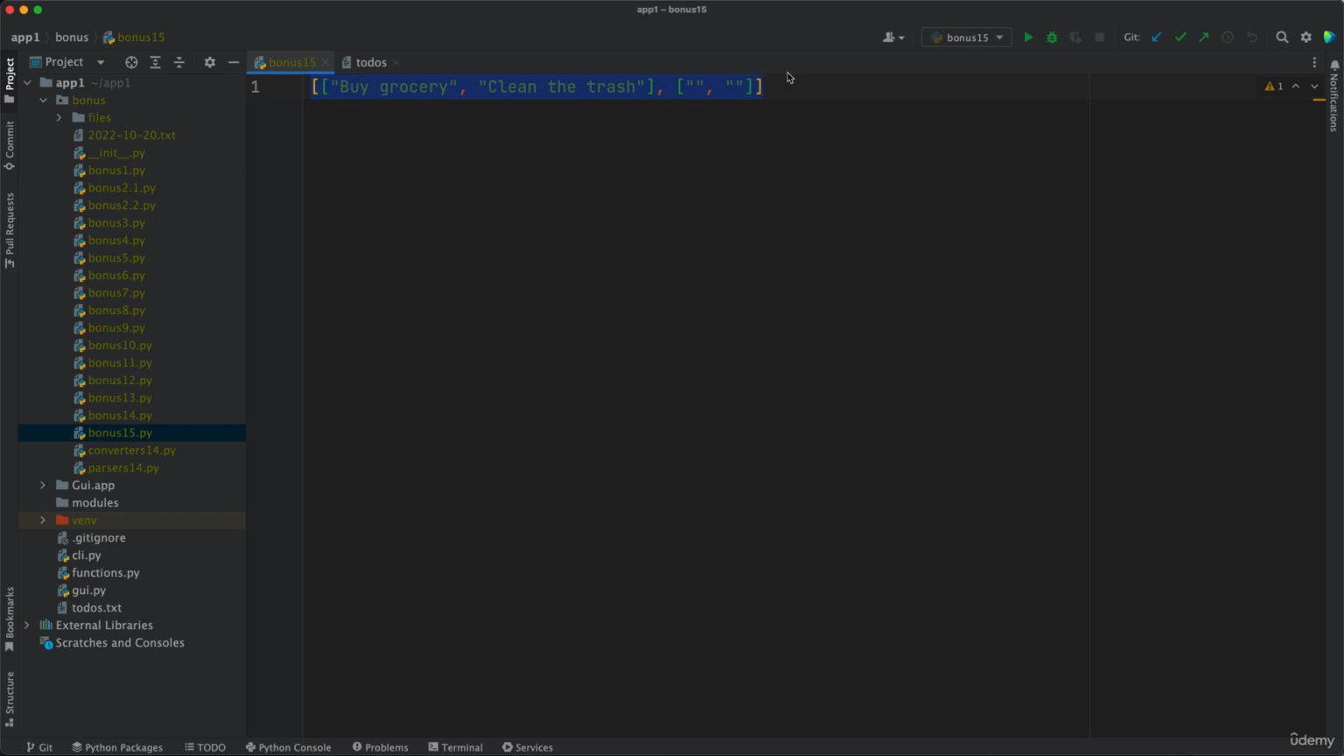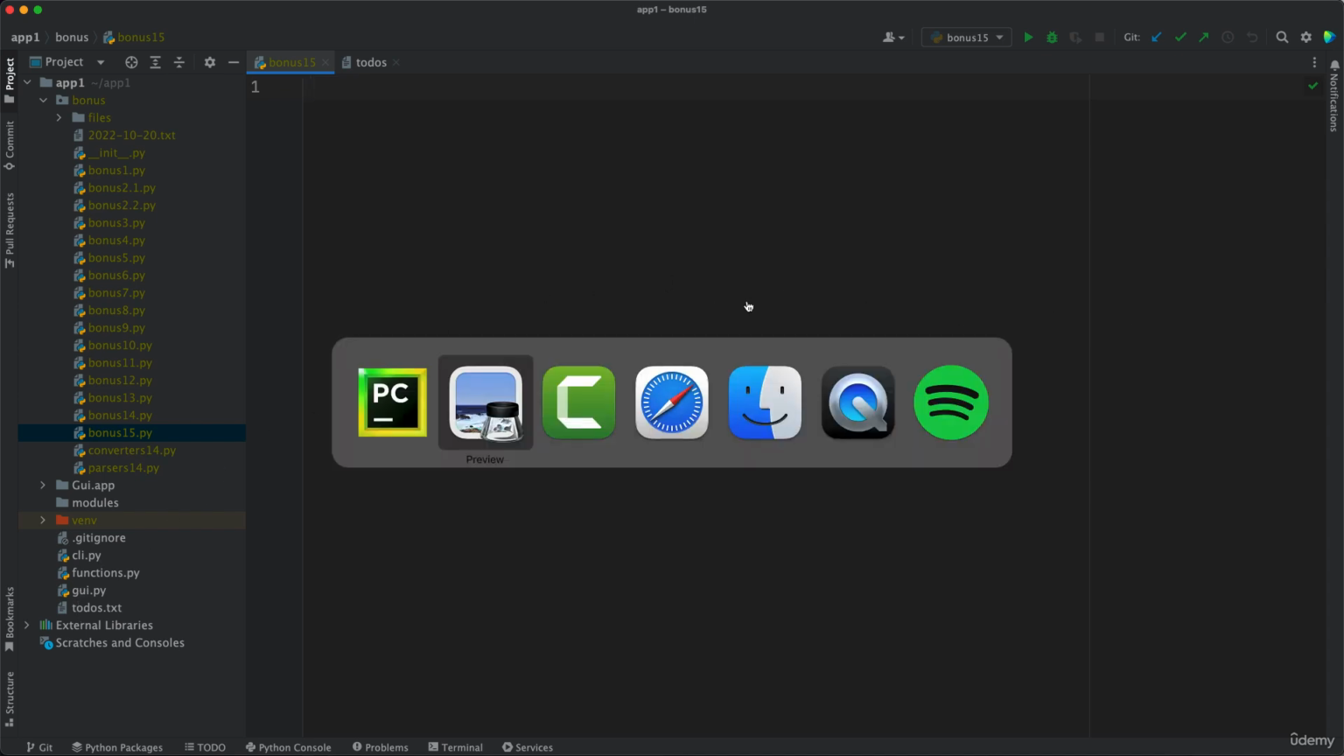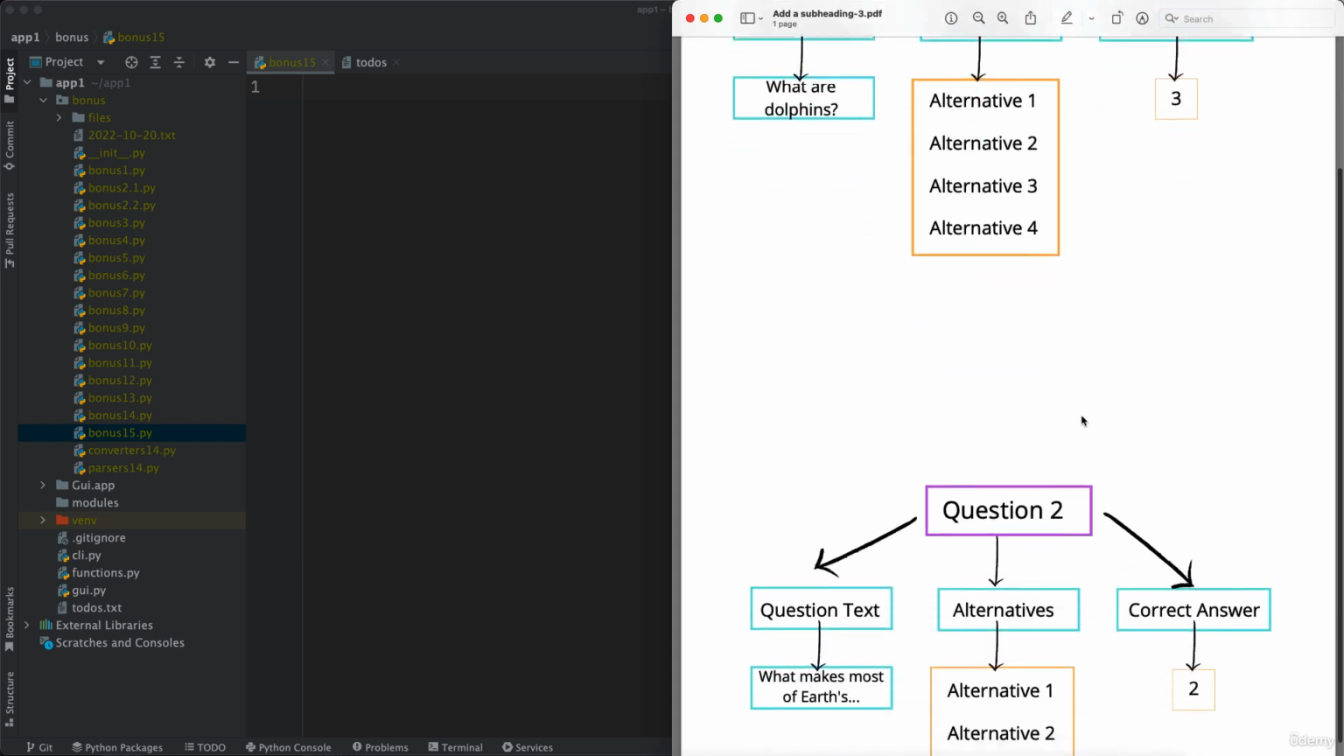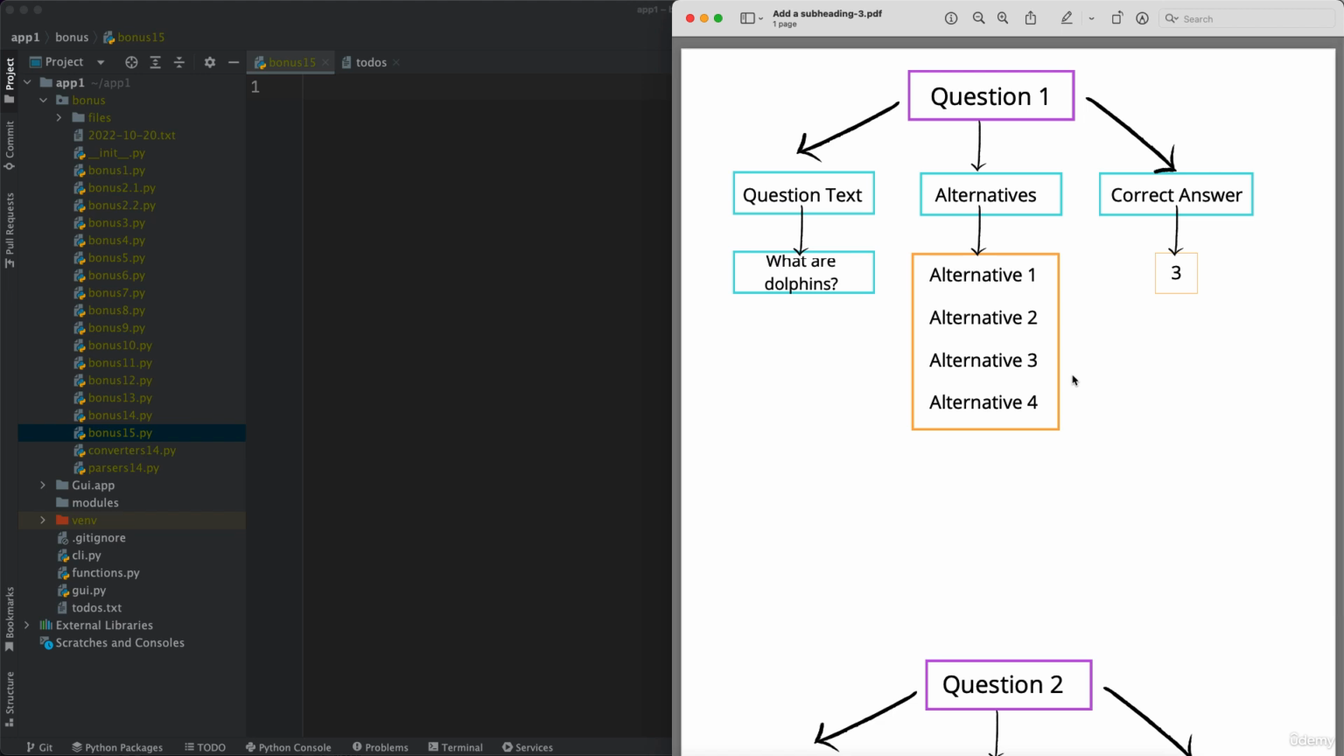The problem now is that our data structure is a bit more complex. It is not as flat as the to-dos.txt file or the CSV file. It is a bit more complex and it looks like this. We're going to have several questions. Let's say question 1, and then we have question 2, and so on. So question 1